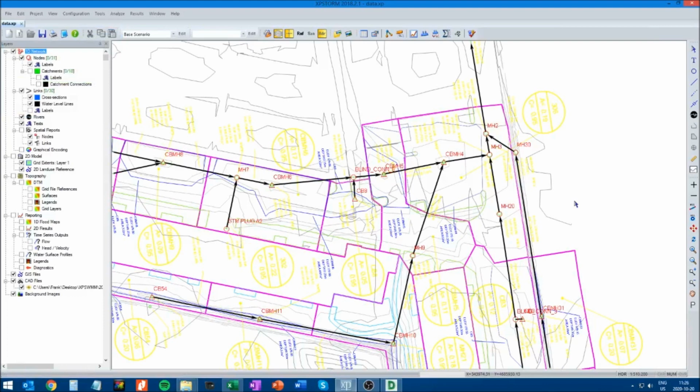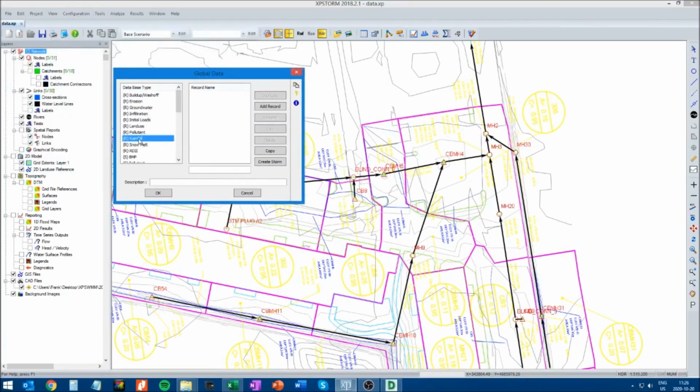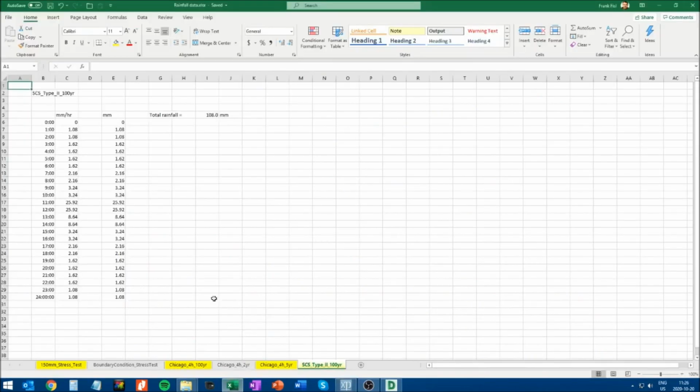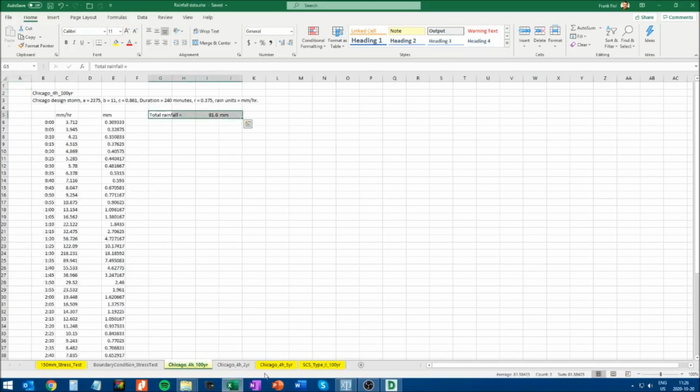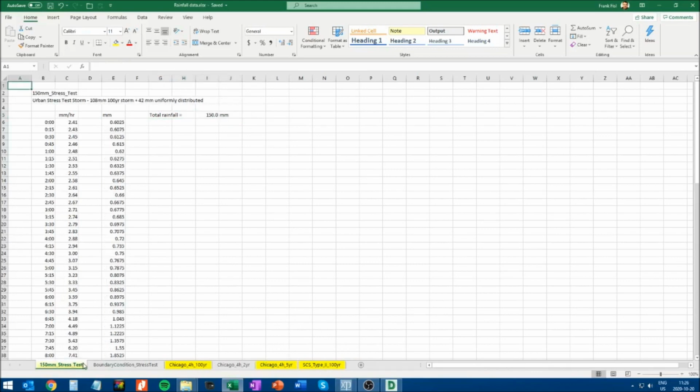So now we are going to add some rainfall data. The way to do this is we go to global data, in the database type, pick rainfall, and we will have 4 different storm events to model. We'll have a 100-year Chicago, 5-year Chicago distribution, 100-year SCS type 2, and something called a 150 millimeter stress test, which is